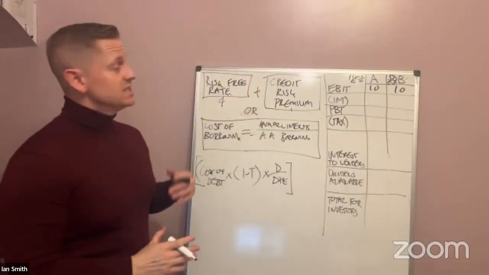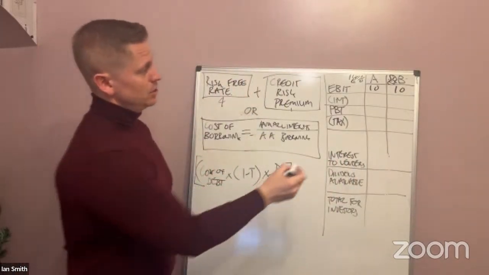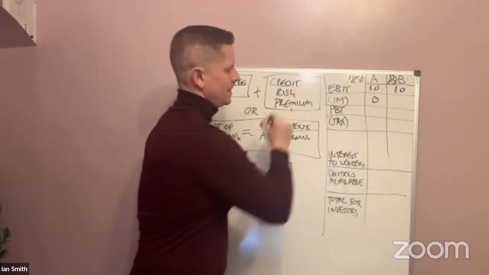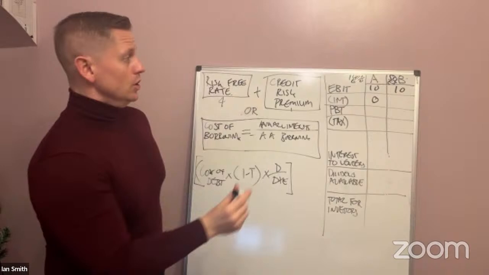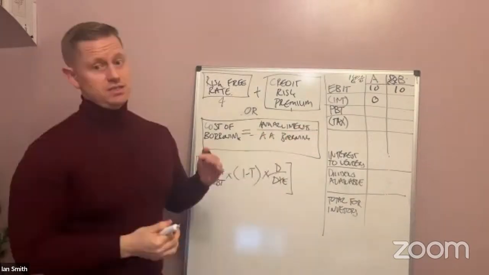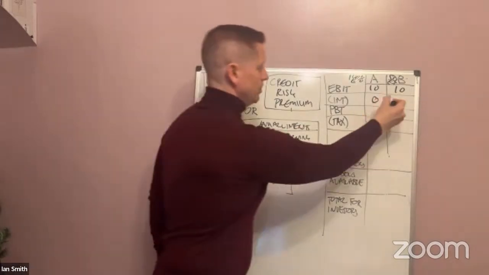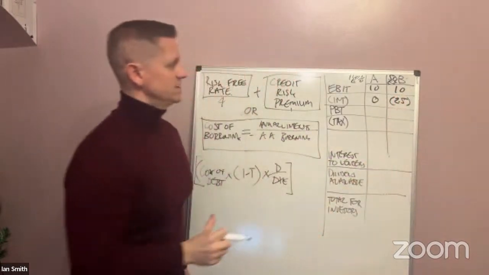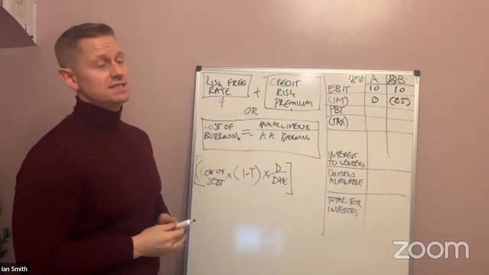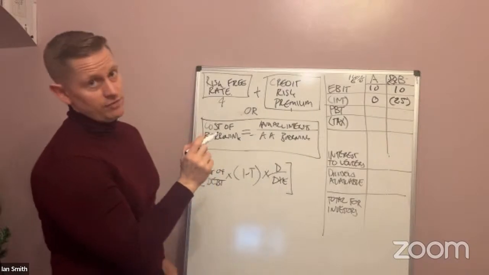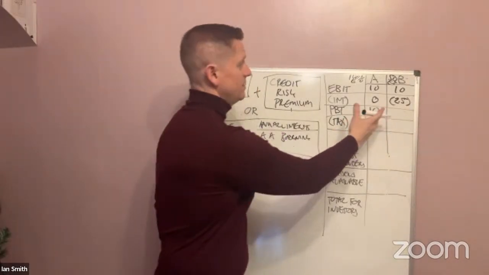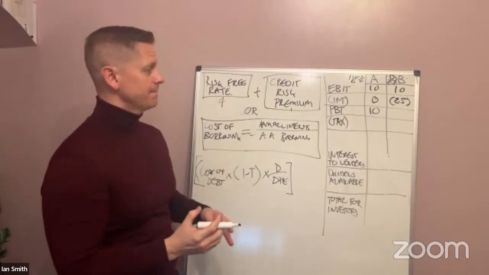So what happens with debt is we pay interest on debt. So company A has 0 interest to pay. Company B, let's say, has 2.5 interest to pay on their debt. So the profit before tax is 10. Now you might think company A, cool, they're in the money. But